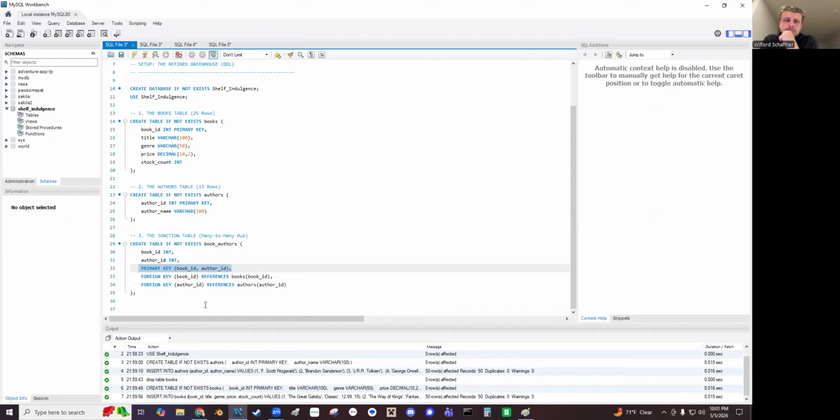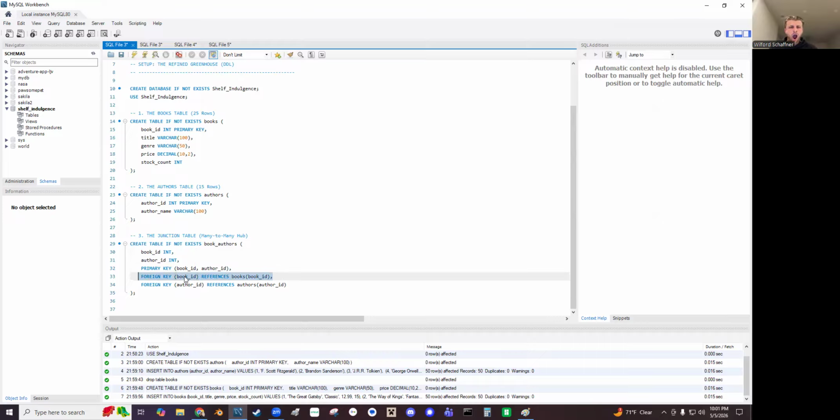And so I will never have an incident where the book ID and the author ID are the same, because I only get to put that in there once and it's good to go. And then I'm putting here, I got foreign keys. The primary key is the one that guides this table here. The foreign keys,